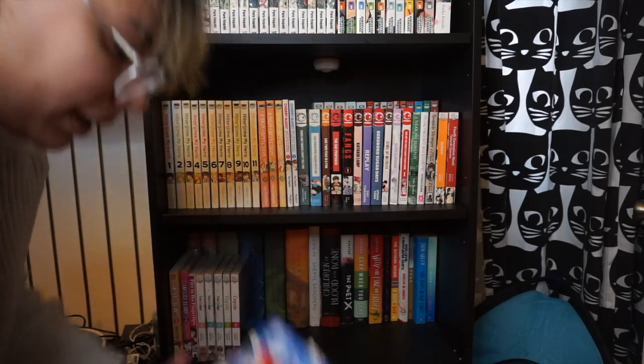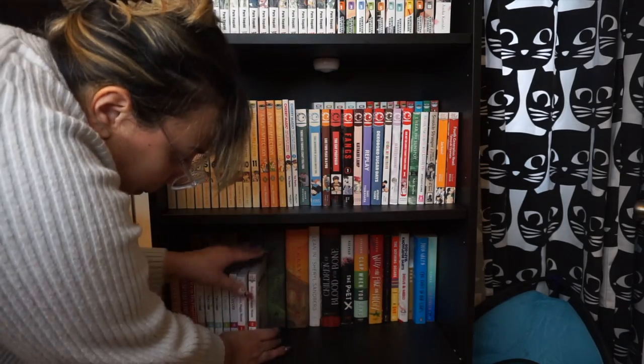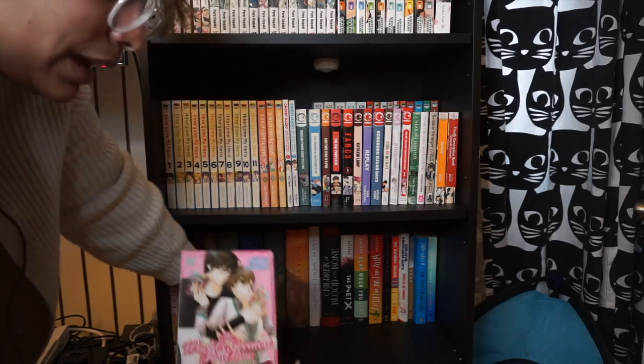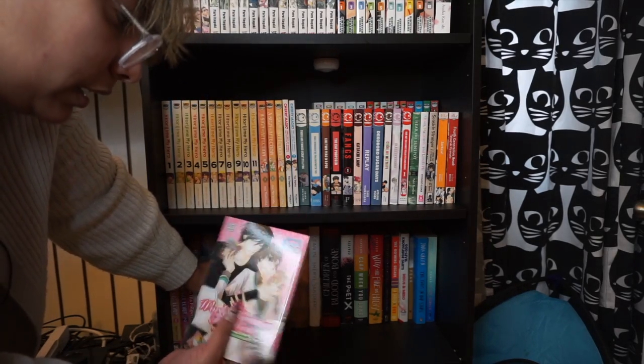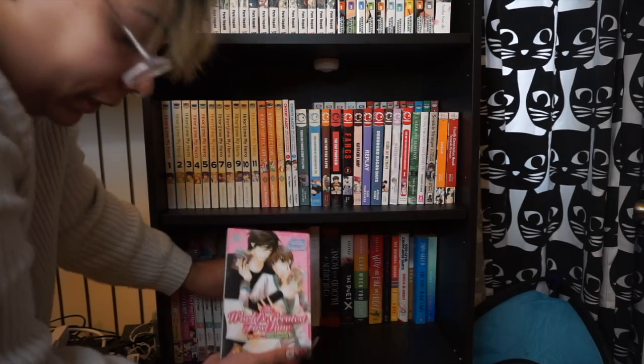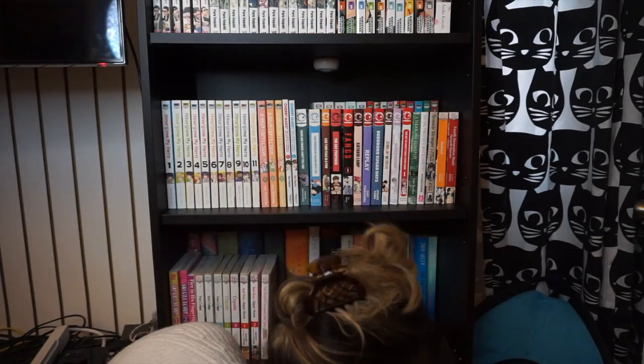Then we have my faves. Bad Boys Happy Home 1 and 2. This I don't really like it, but it's part of my collection because I didn't realize this was a series and there's like millions of these. So this is The World's Greatest First Love. So then we have